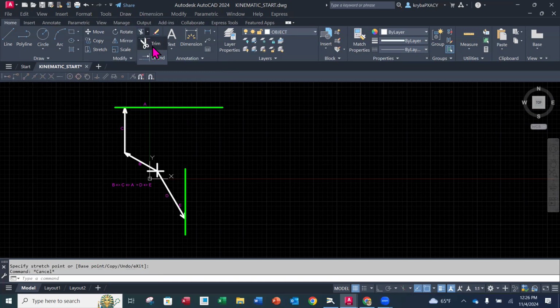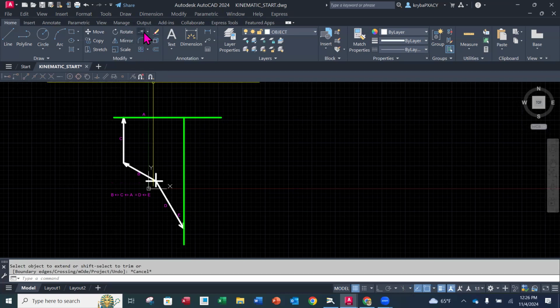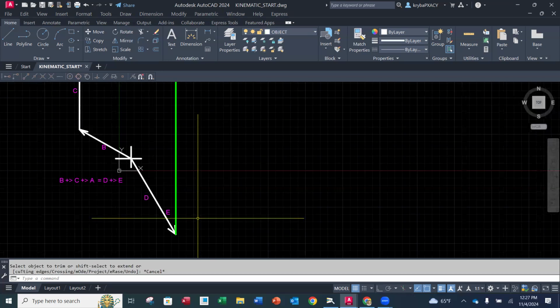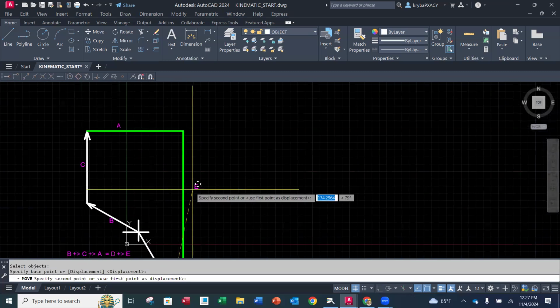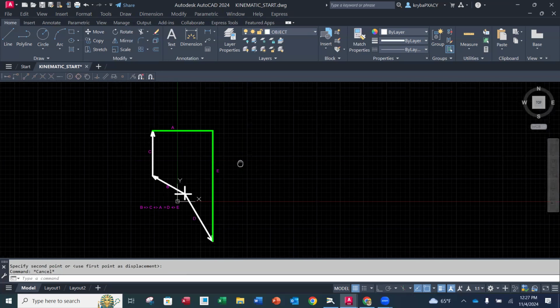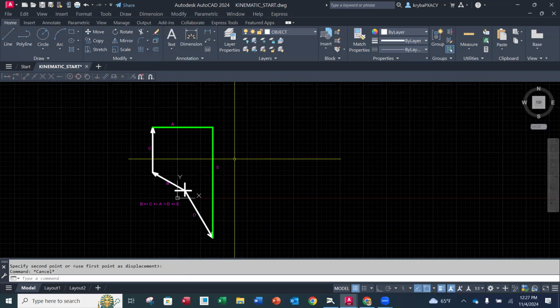So I'm going to go down underneath trim here. Going to do extend, and I'm going to extend E up to A. Okay. Now I'm going to trim away the parts that I don't need. So the left-hand side here, the right-hand side, the left-hand side, and then the bottom. And I'm also going to move my E kind of to the side of my vector here. Okay. Now, I now know how long each one of those vectors is, but I need to add an